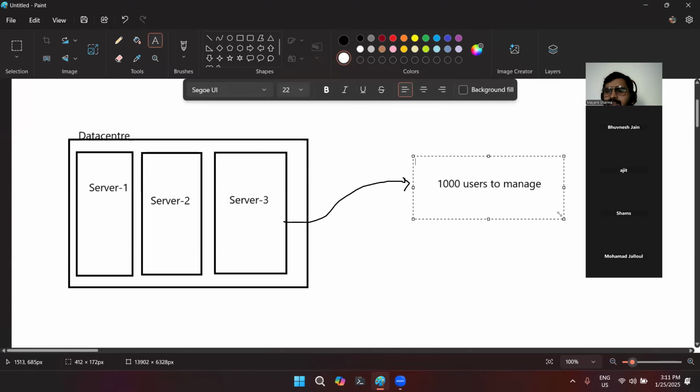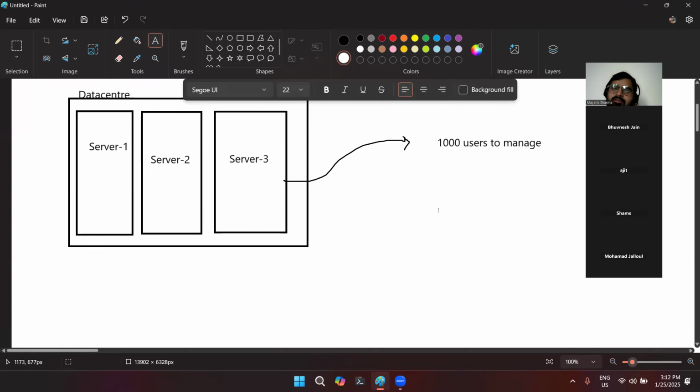Okay, and now we need to understand that this identity and access management needs to be done on every organization level also. If you talk about any organization, they have thousands of workers or thousands of users that are going to access the services and then manage or maintain them. But first of all, before giving them any access, or any kind of identity, we need to make sure that each identity is unique.